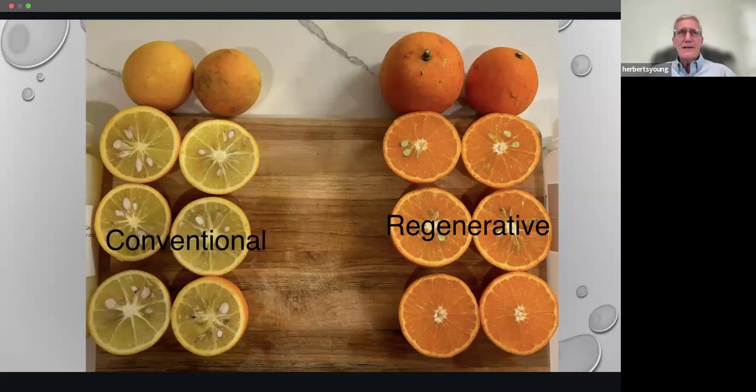And on the same day, I went to conventional groves, just their standard pesticides, synthetic fertilizer, bare ground, intensive Roundup, and picked the exact same variety of fruit. This one, I knew it was the same variety. This producer of page mandarins actually sold me the trees, so I know it's the same genetics. I juiced them and froze them same day, and then sent them to Eurofins' lab, which is a USDA certified lab in North Carolina, and was anxious to see, kind of held my breath, and the analytical results were unbelievable,